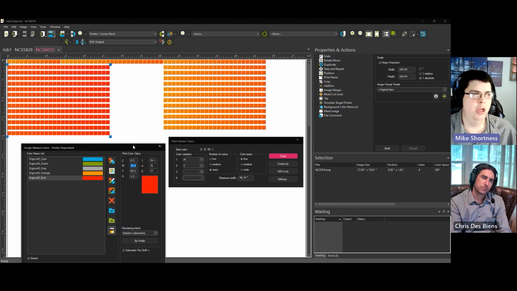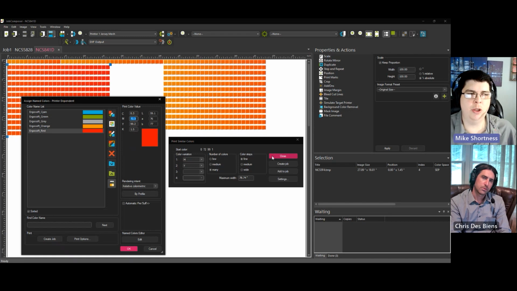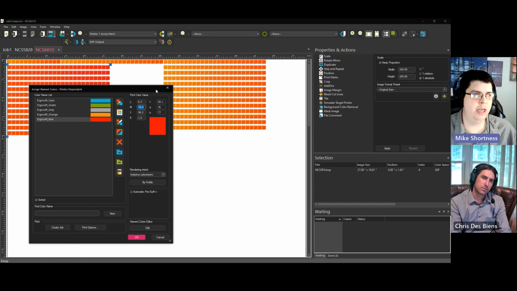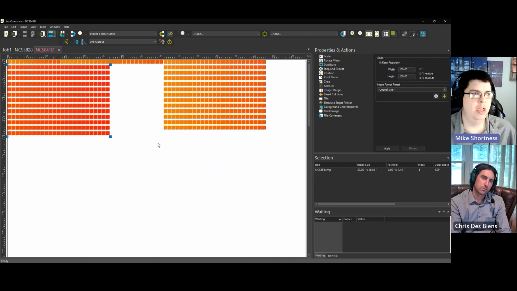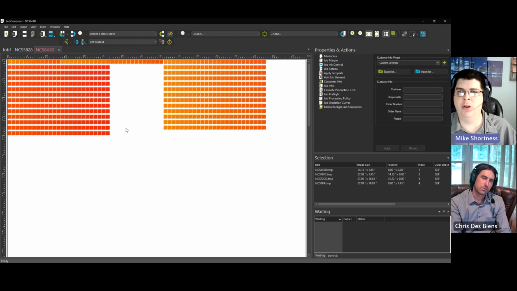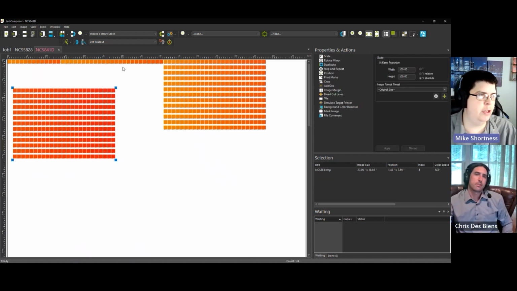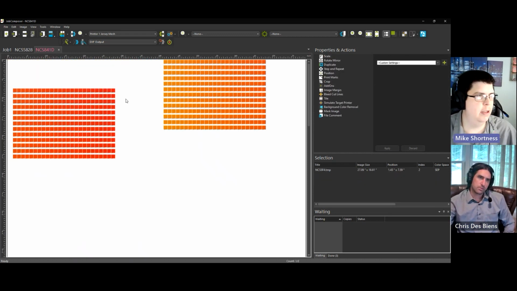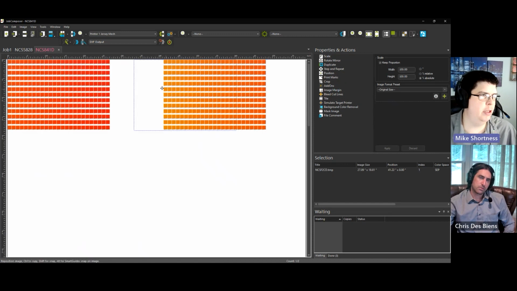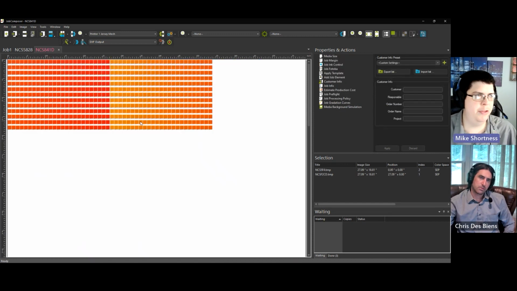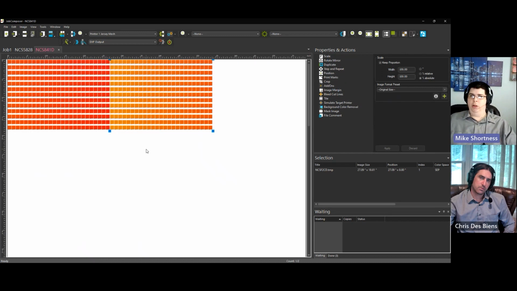of orange. As soon as I hit close and I close this, hit OK, now if I go back in and add more colors, I can't add them to this job anymore. I see. You have to create a new one. But now, for instance, I can delete these. I can take this chart and this chart, print that, sublimate it, look through it, find the perfect color,